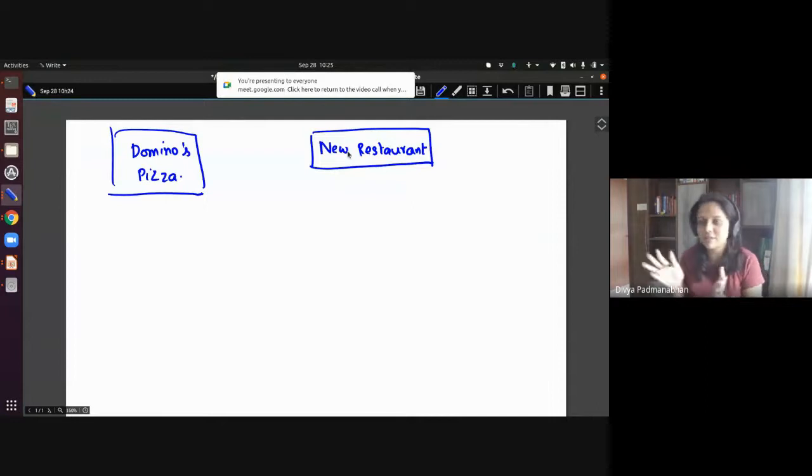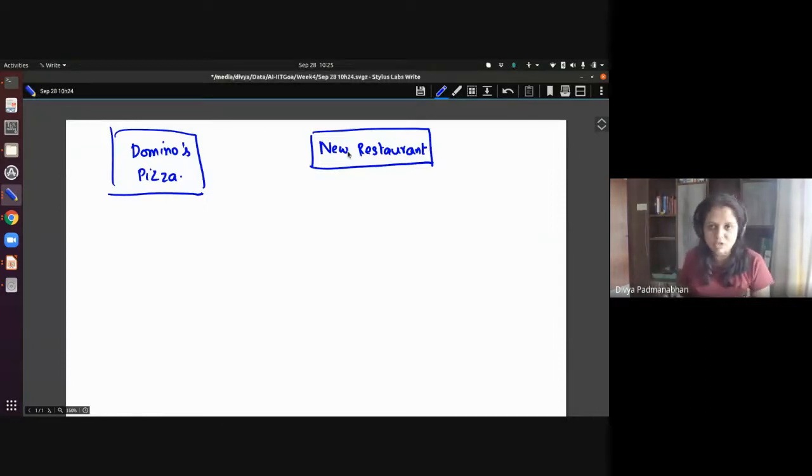So Domino's is one possible restaurant, and then there is a new restaurant in town. Domino's Pizza, you've always been there and you love it. The new restaurant, you don't know. Some people have told you that it's very good. Some people have told you that it's not at all good. So there are these two possible rewards.